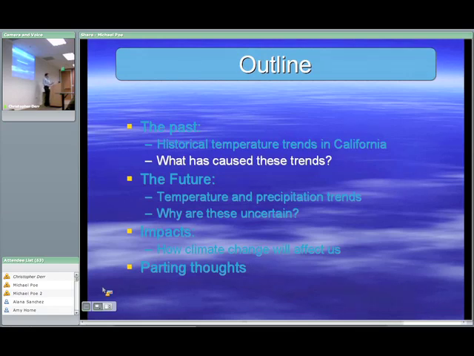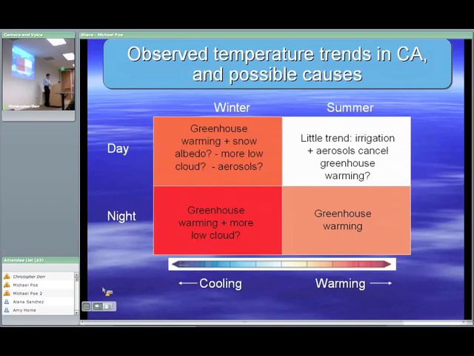Now the issue is, okay, what do we think has caused these trends? And I'll show you some of these trends we understand, some actually we don't. It's actually, I think, quite interesting, so I hope I won't talk too long. This is, I think, partly recapping what I've shown you in terms of temperature trends. So the color here illustrates temperature trends, so more red is more warming. So this is night, this is day, this is winter, this is summer.